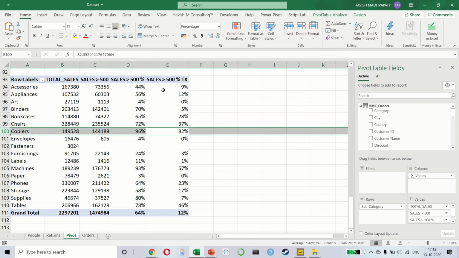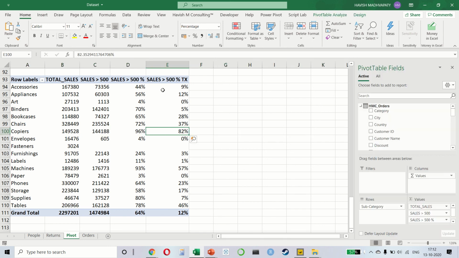But if you look at copiers, there really is not much of a difference. I mean, 82% of transactions are greater than 500 and the sales contribution is also 96%. There might be reasons for it. One of the reasons is that copiers is usually a high ticket purchase. You don't have cheap copiers. So in any case, anybody who's purchasing would be purchasing over $500.